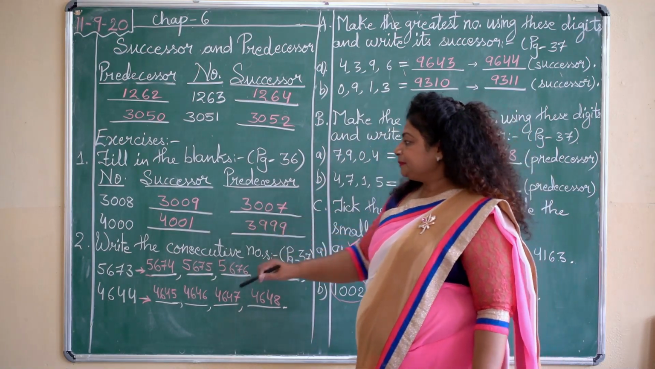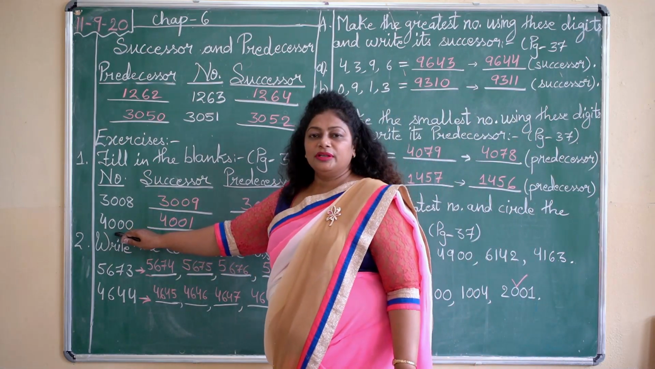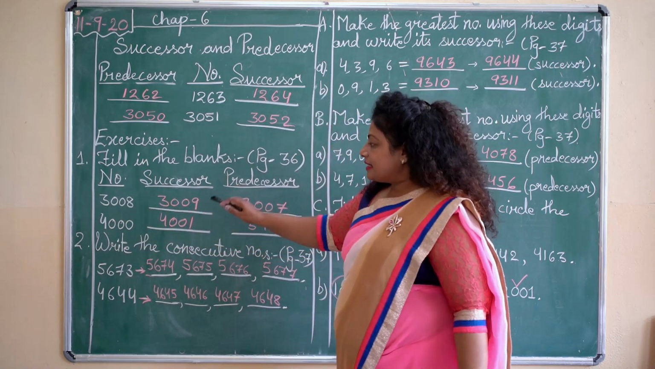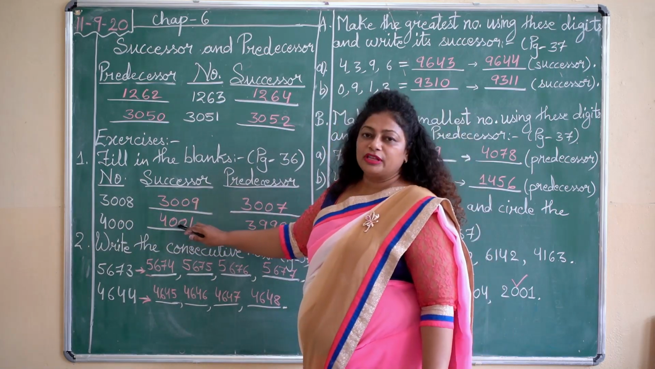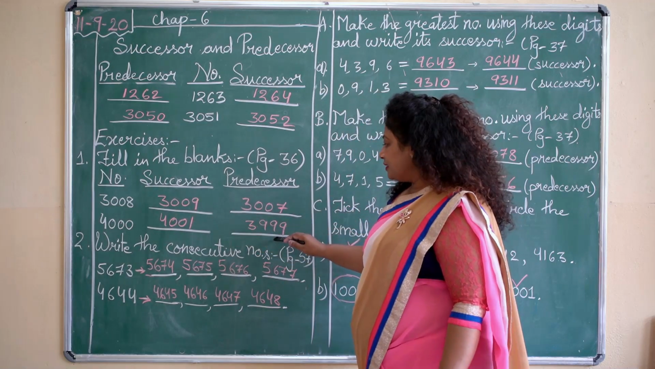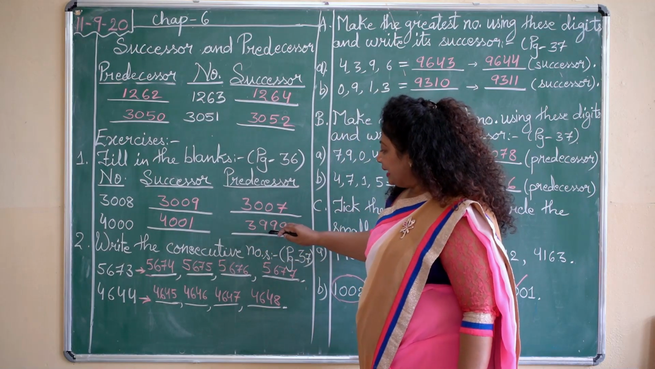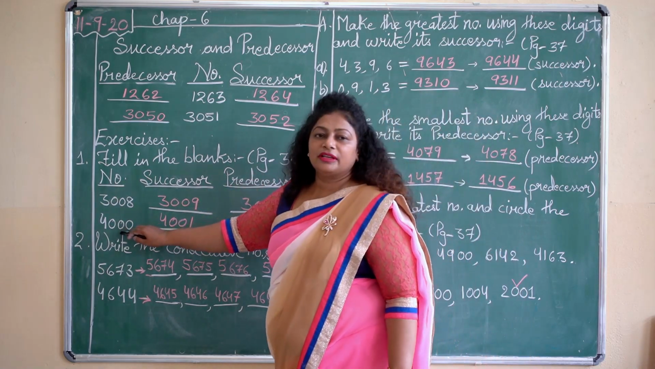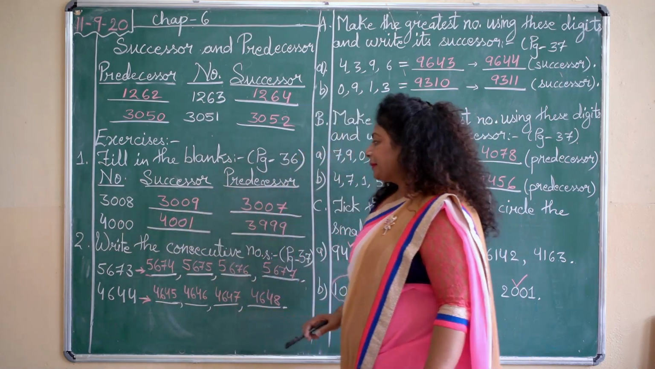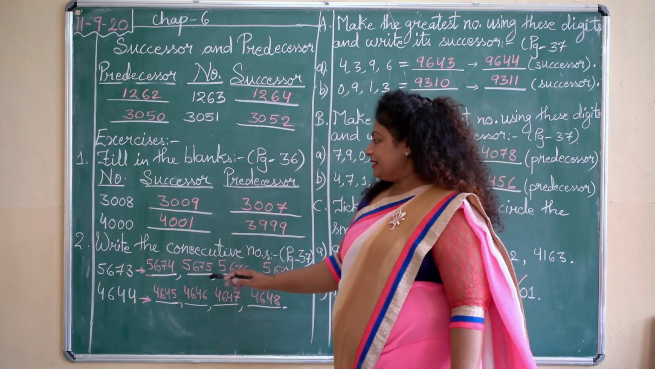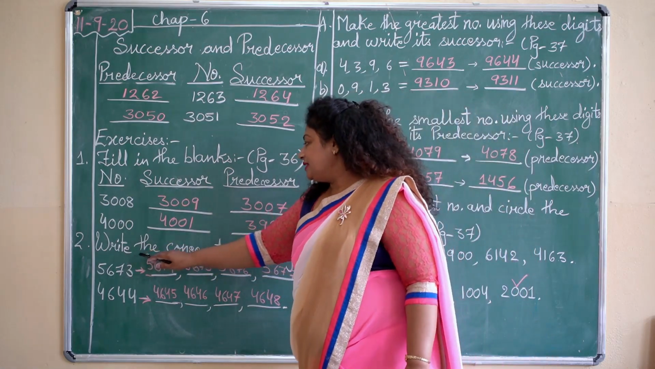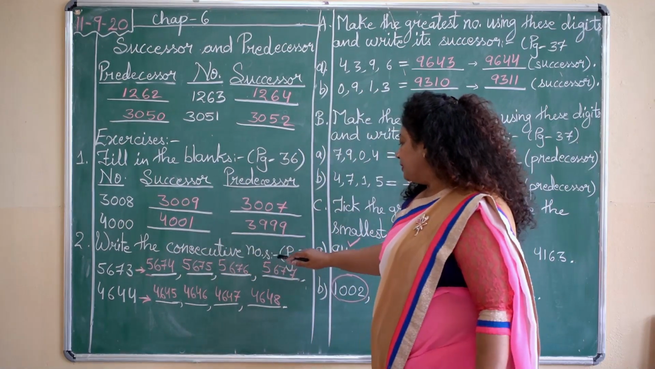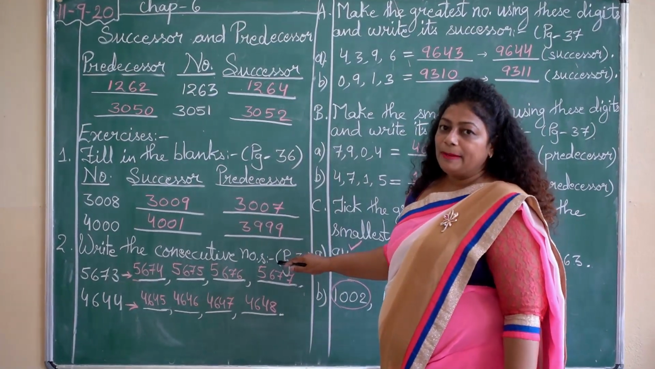I hope it's clear. Next, the number given to you is 4000. Successor of 4000 will be 4001. Predecessor will be 3999, which is a number given before the given number. Is it clear? Now next, second exercise given to you is write the consecutive numbers, which is given on page